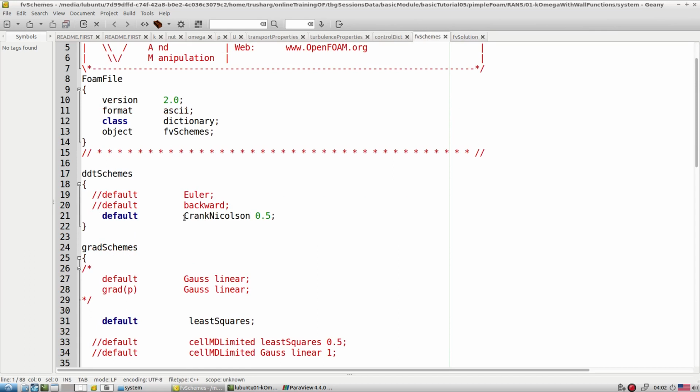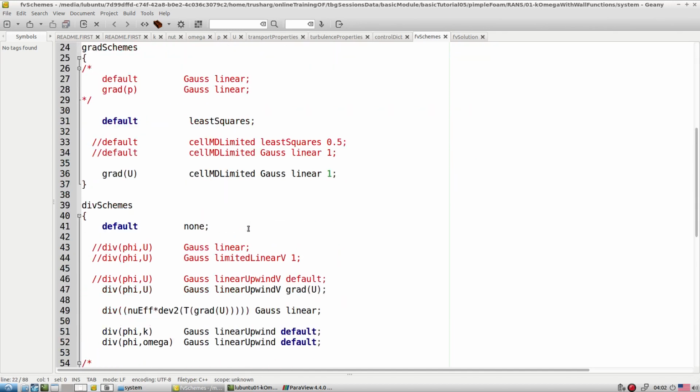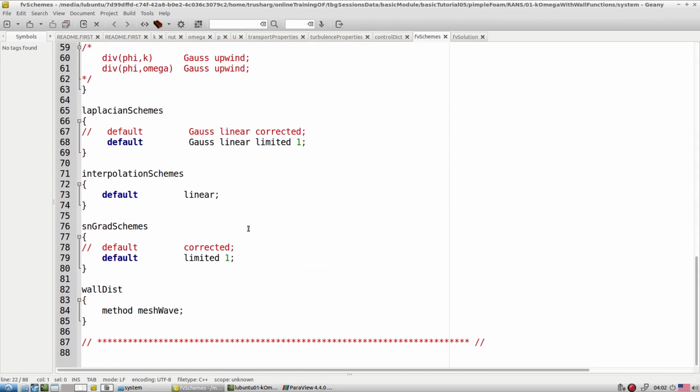In schemes, we are moving from backward to Crank-Nicolson. In the Crank-Nicolson, if you require pure Crank-Nicolson, then put it to 1, but right now it is in between Crank-Nicolson and Euler. If the Crank-Nicolson coefficient is equal to 0, then it works as an Euler scheme. If this value is equal to 1, then it works as a pure Crank-Nicolson. Right now it is halfway in between. All other entries are more or less the same.